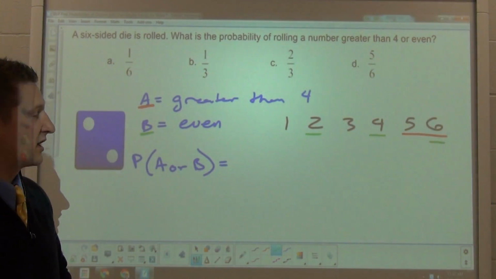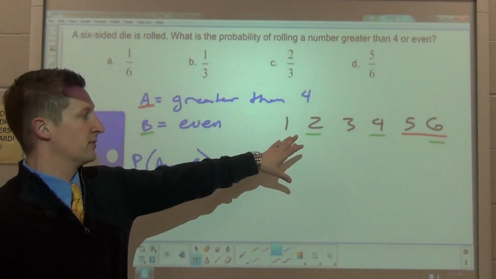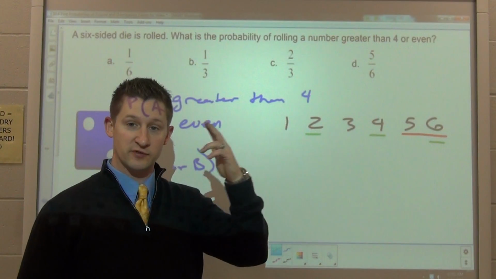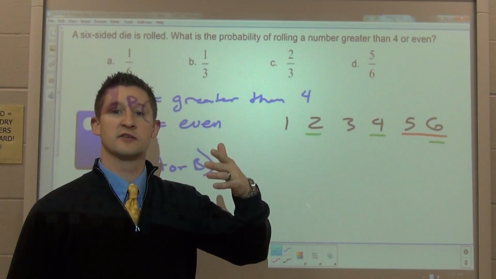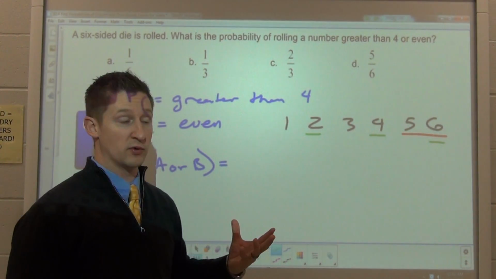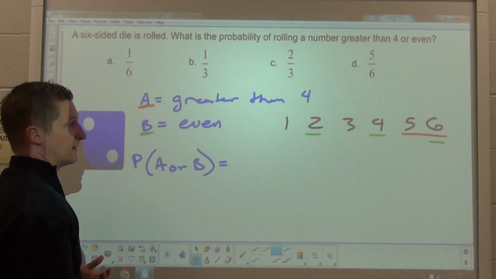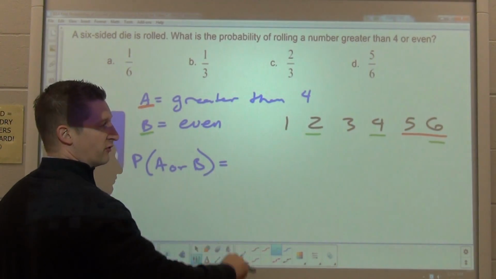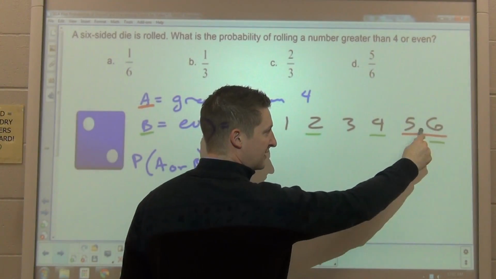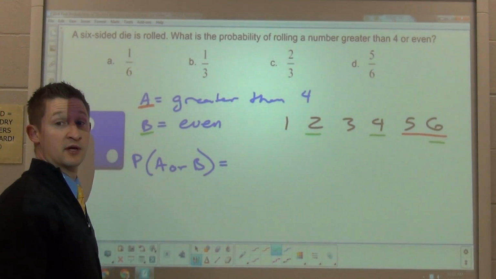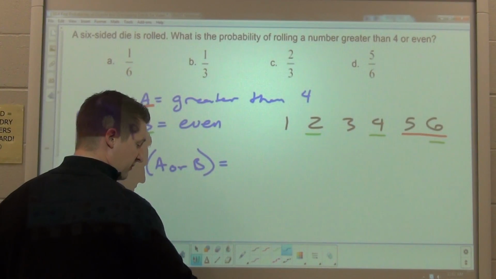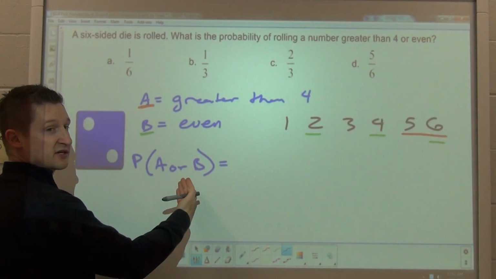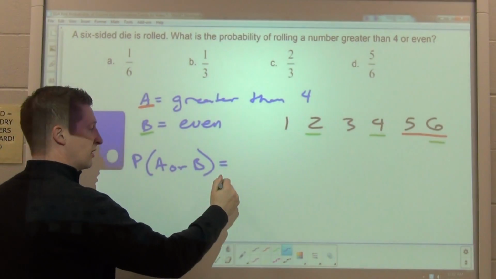So if you notice, and even again, as you think about this, sometimes we won't be able to draw out our options. You have to just kind of think about, is there any overlap in the events with which I'm working? Well, here there's 3 even numbers and there's 1 overlap, right? This 6 is both even and greater than 4 at the same time. So because there's overlap, when I find the probability of this compound event, one thing happening or the other, I'll